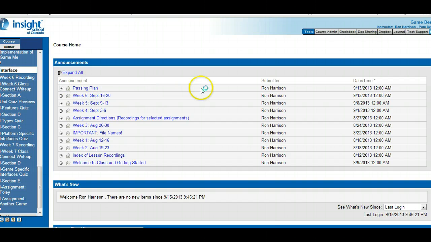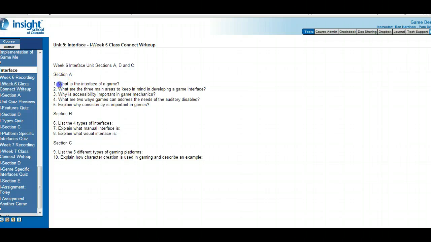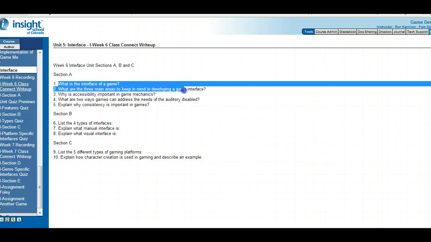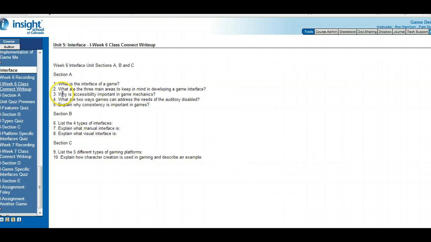Okay, the write-ups. Let's look at some of these questions. So what is the interface of a game? What are the 3 main areas to keep in mind in developing a game interface? Why is accessibility important in game mechanics? What are 2 ways games can address the needs of the auditory disabled? Auditory means people who cannot hear very well. Explain why consistency is important. So let's keep those